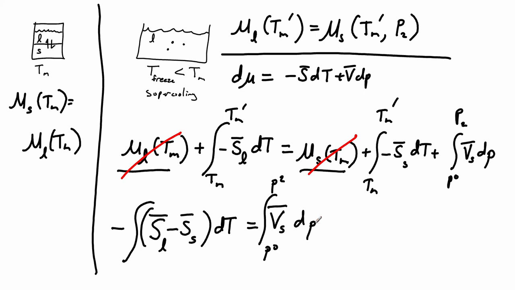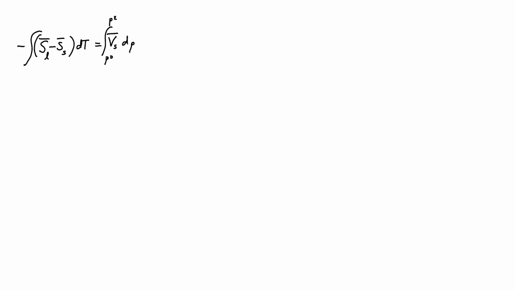And looking at these integrals, if we assume that the molar entropy of the liquid and solid don't change that much over the temperature range of interest, we can recognize, wait a minute, this is just molar entropy of liquid minus solid. That's the delta S of fusion. And this is going to be just a constant, so we can pull it outside the integral. So we can rewrite this as the integral of delta S of fusion dT going from Tm to Tm prime